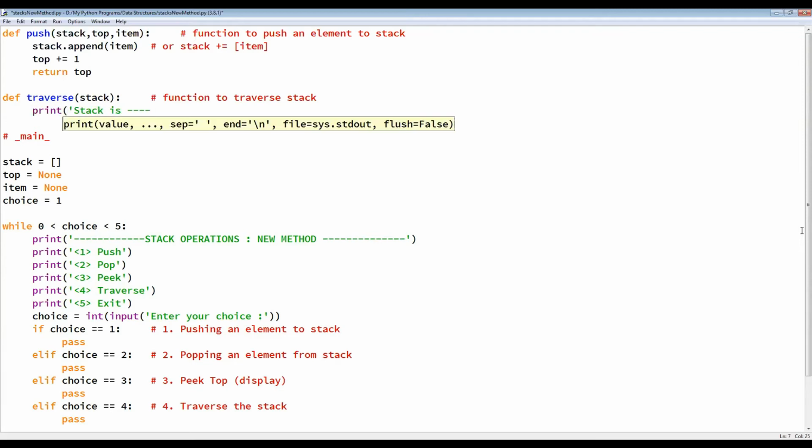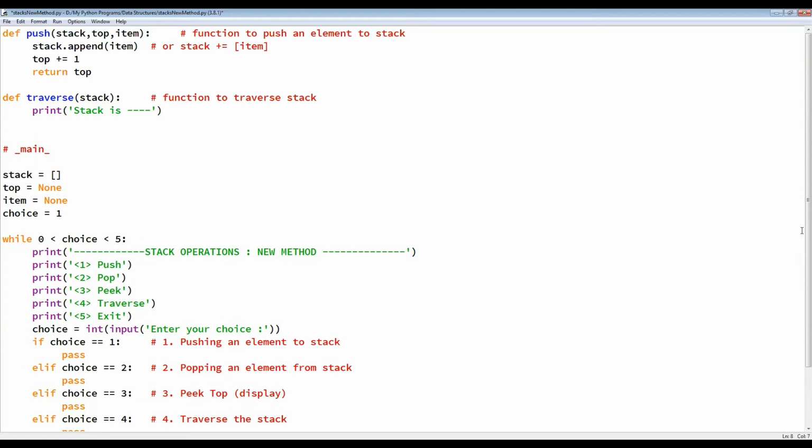Stack is, for i, one second. I could have used the for item in collection variant of the for loop also, but in that case it will start showing the elements from the zeroth location, that is from the first location. But I want it to be displayed in a top to bottom fashion. That is, the last element I want to be displayed first.